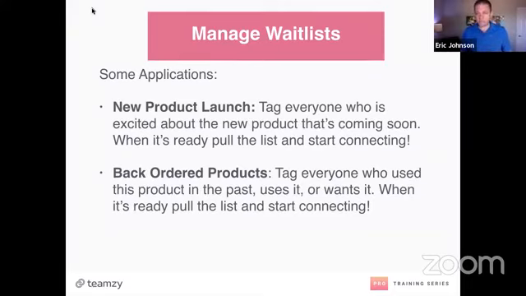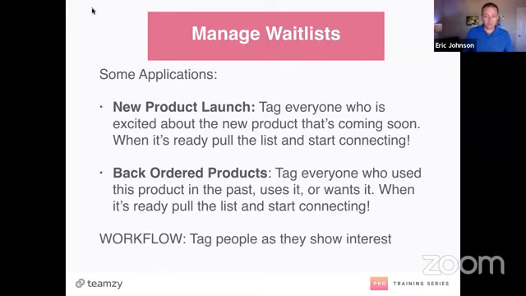I know that some of you guys are even using this as your company is launching new markets, right? I know like Beachbody's launching the UK right now. Rodan + Fields finally launched Australia. So these are other ways that you can use it for actually market launches too. Okay, so again, your workflow is just as people show interest, add that tag, just add that tag. Now don't forget, you can use the mobile version of Teamzy to pull this up on your phone as you're talking to people and quick tag them with whatever tag you want to, okay? Then you don't have to worry about it. They're on that list for later.